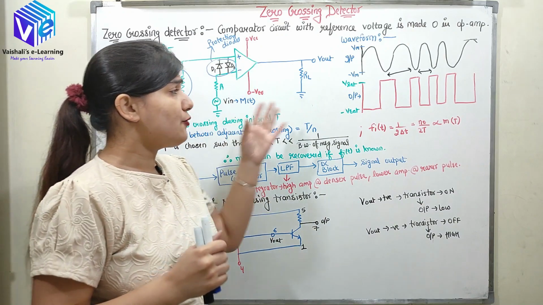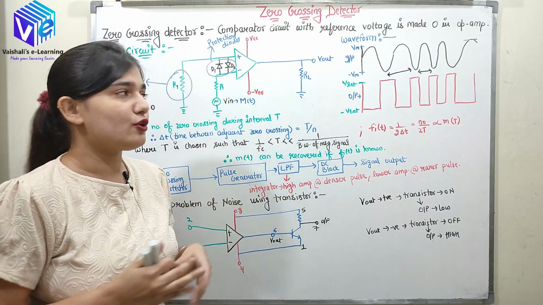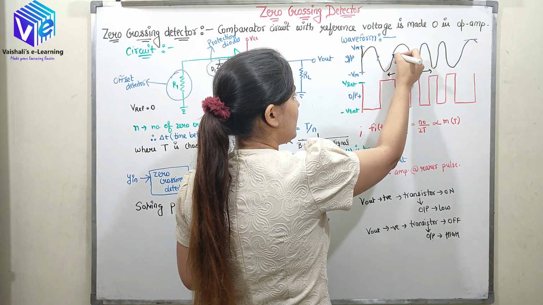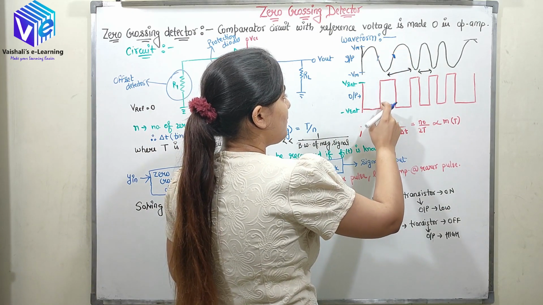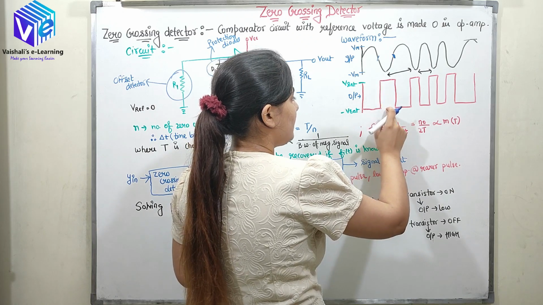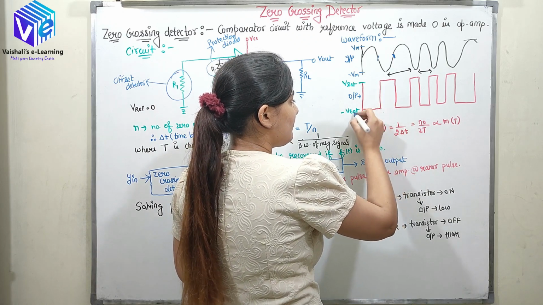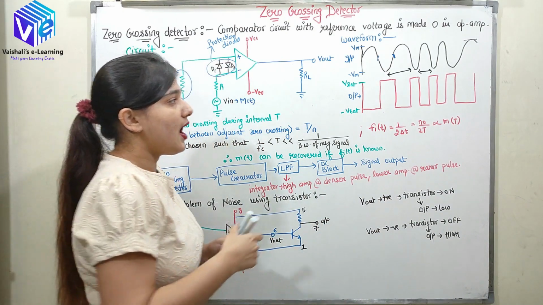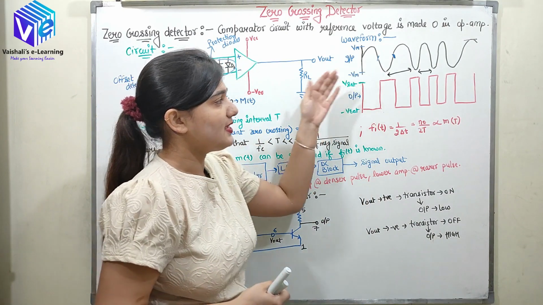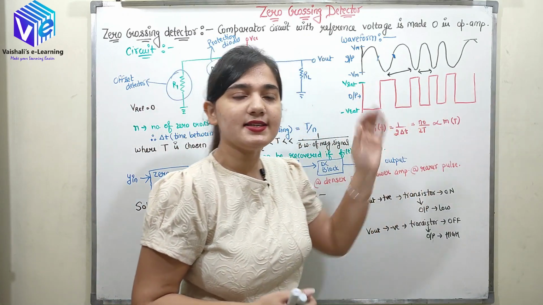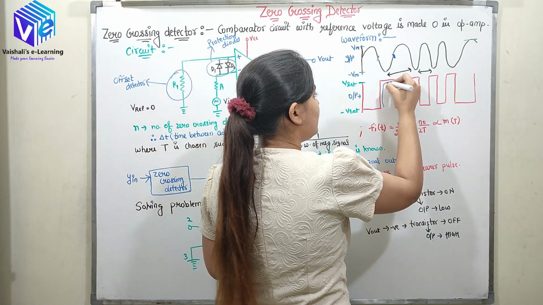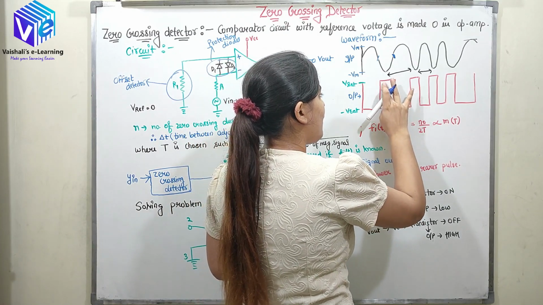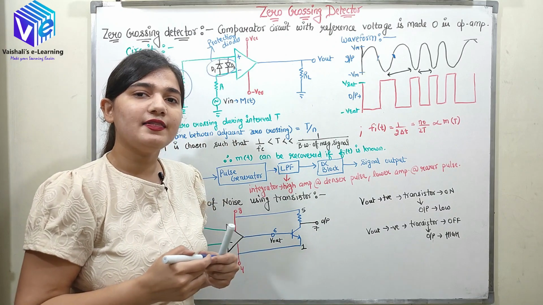So now how is it calculating the number of zero crossings? Whenever we have a zero crossing, let's suppose here we have a zero crossing, the value is changing from minus Vset to plus Vset or vice versa. So according to the number of zero crossings, I am having the number of pulses. If I am considering this to be one pulse, then according to the number of zero crossings, I'll be having the number of pulses.